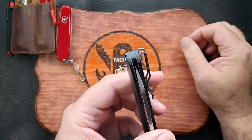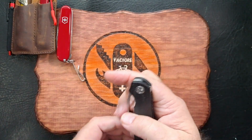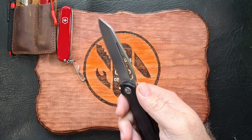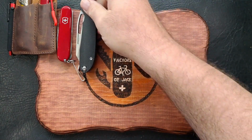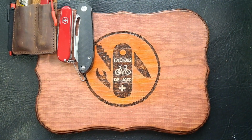Wire deep carry pocket clip, right hand or left hand. Yeah. Oops. Little off the mark there. But yeah, nice knife. So I carried that Tuesday. I almost continued carrying it, but then I swapped because someone commented on the video for this and stuff, so